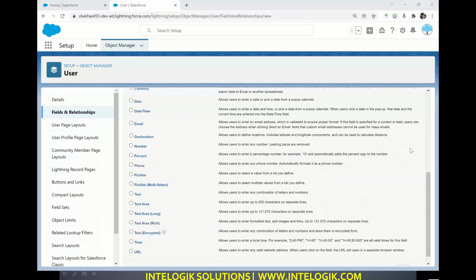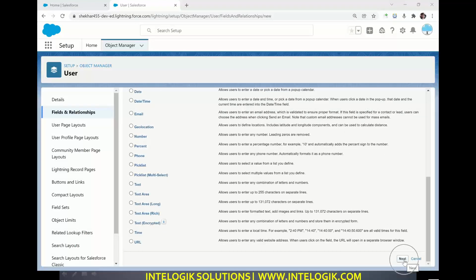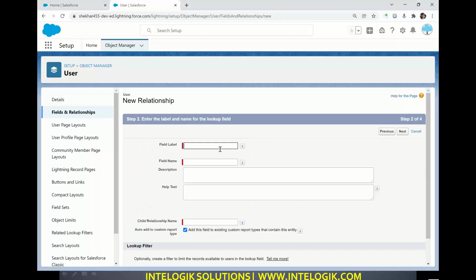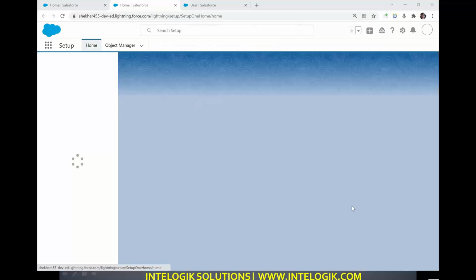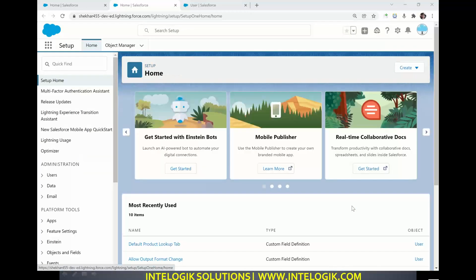Now let me scroll down and click on the next button. Then I'm going to write here a team lead field. And also guys, let me tell you, right now whatever we are creating is a custom field. But by default in Salesforce there is also one hierarchy field called manager, and I will show you that first. Where is that manager field?